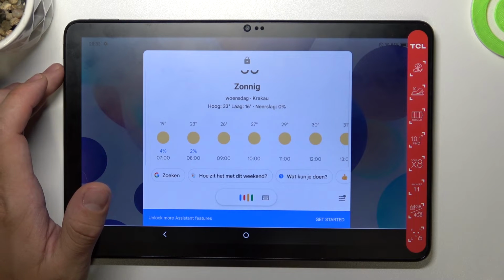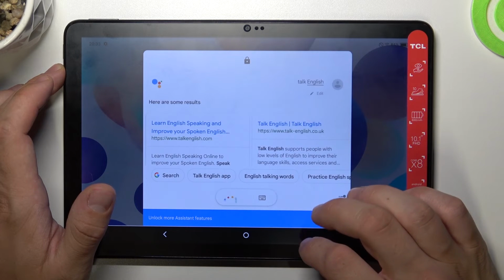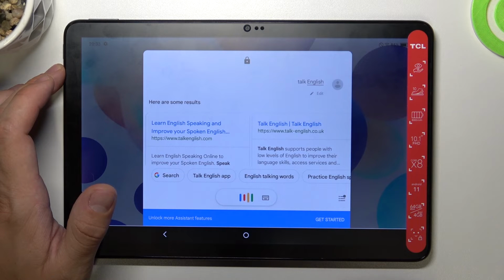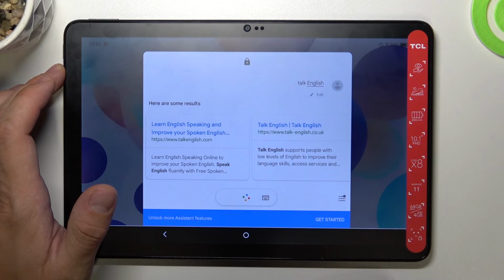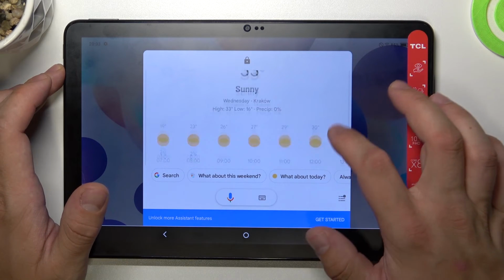Talk English. What's the weather like tomorrow? Tomorrow in Krakow, it'll be sunny, with a high of 33 and a low of